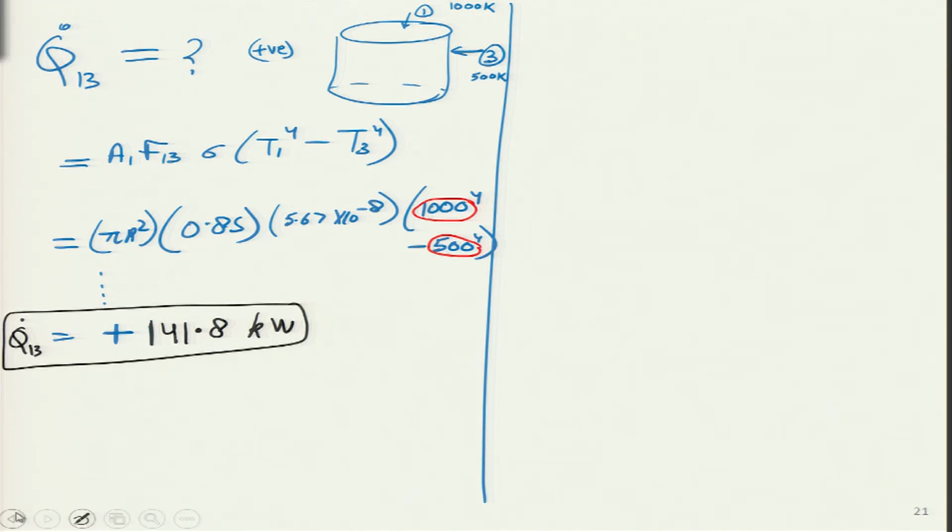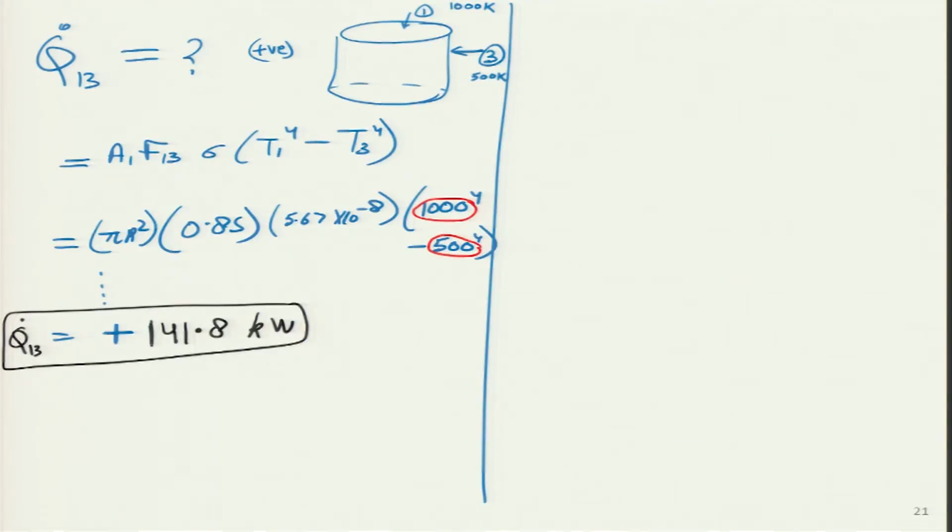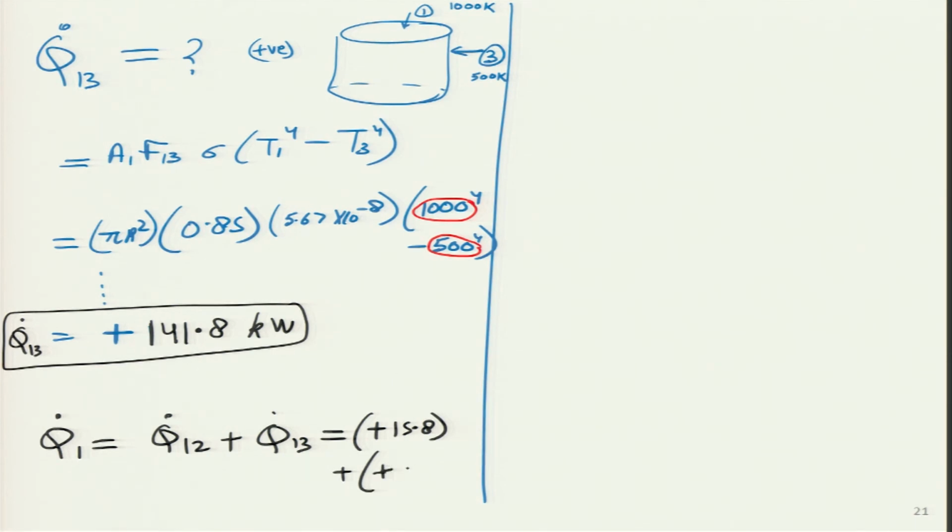and let us compare it with Q dot 12. Q dot 12 was only about 15-16 kilowatt, and here it is almost 9 times higher, 141 kilowatt. This is huge, and this immediately gives me one more number where I can write Q dot 1 is simply Q dot 12 plus Q dot 13, and the sign I have to take care of. So, this one I will write then bracket 15.8 plus another plus sign over here. Why am I adding all these plus signs together? So that students are not confused. So finally, we are getting 157.6 kilowatt,